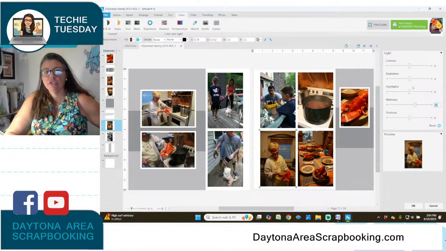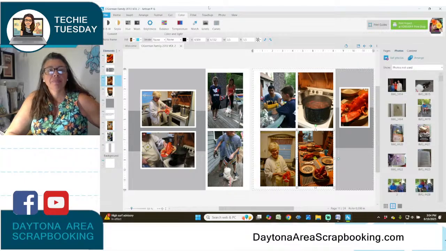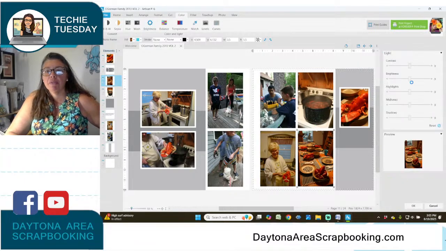I usually just bump up the midtones is kind of what I usually do. Play with the contrast and see if the face gets lighter or darker. The shadows, her face is kind of in the shadow, so I want to lighten that up. And you can see I didn't take the time to do that in another program. I'm also going to do that with this photo right here, just so that they're kind of similar in color,